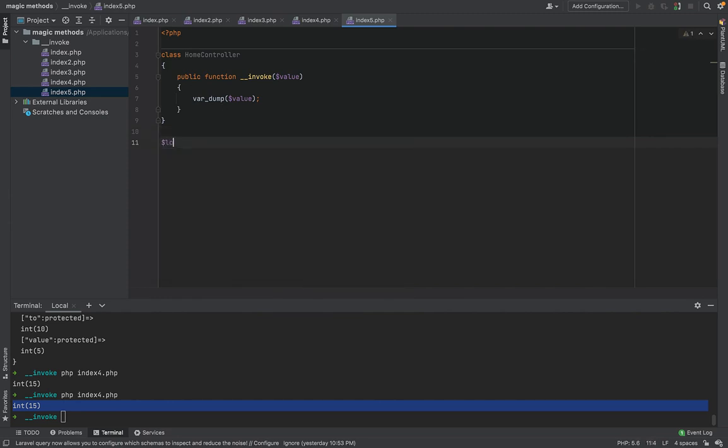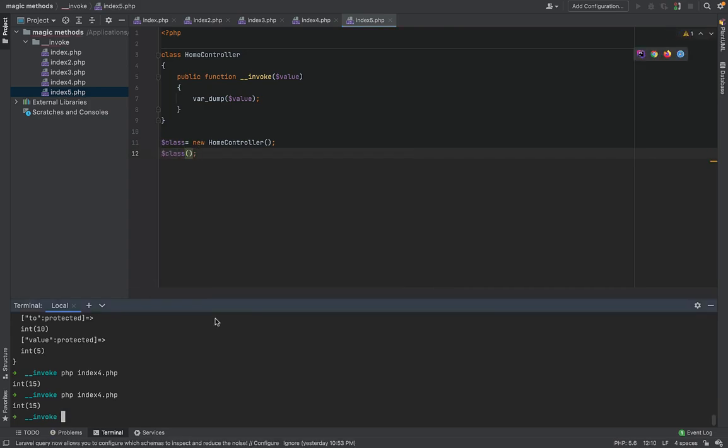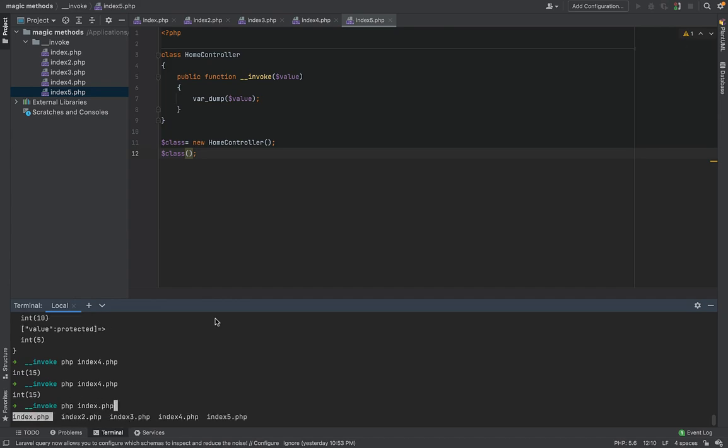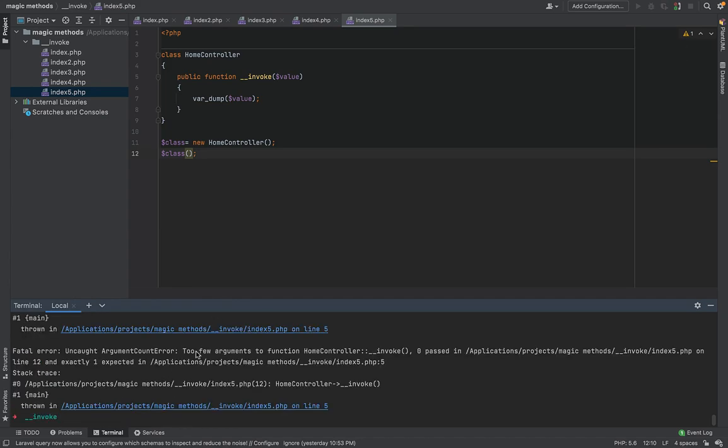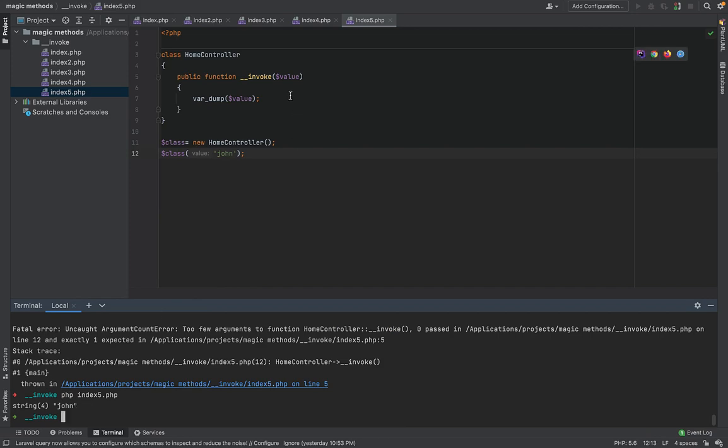So if I say class new up the home controller, so far so good. But if I say class and just run it, you obviously know that we get an error because the invoke that has been called needs a parameter. So everything I put in here, I get in here, right?